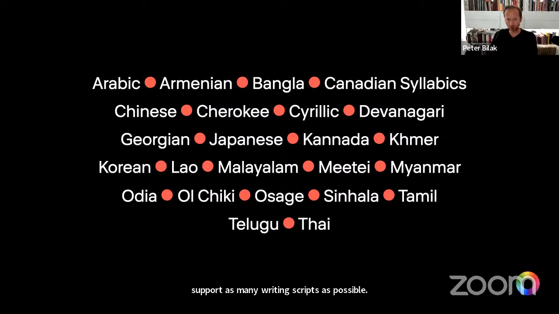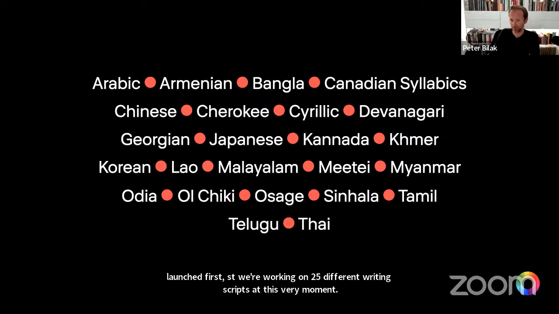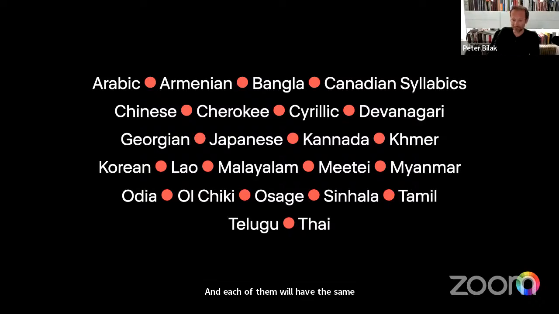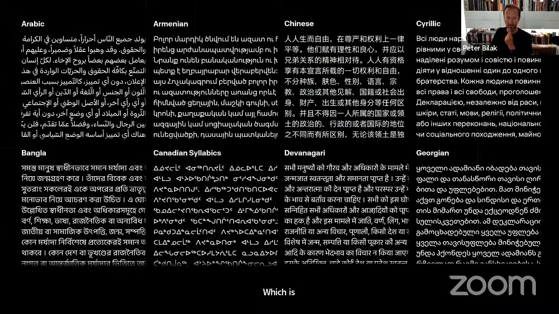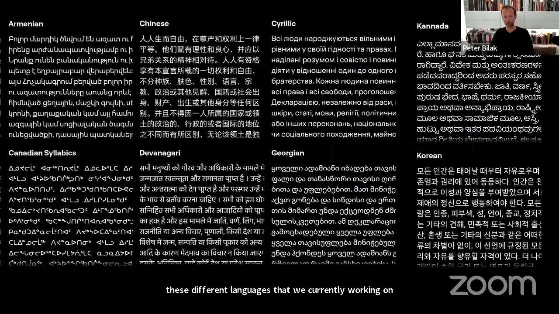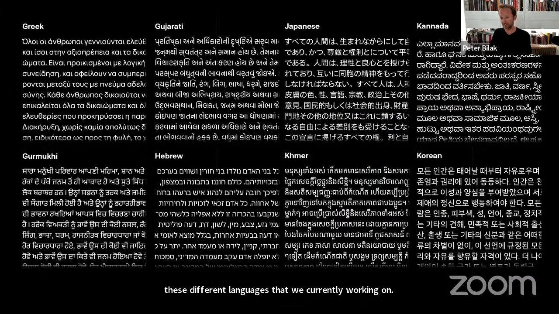So right now, although the Latin has been launched first, we're working on 25 different writing scripts at this very moment, and each of them will have the same language support and same stylistic support and as many styles as the Latin itself. So this is, for example, work right now on a Devanagari script, which is the largest writing script of India. And this is how Zed looks in these different languages that we're currently working on. This is ongoing, continuous work, focusing on basically all areas of the world, and mainly areas where